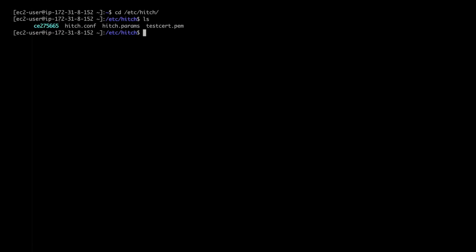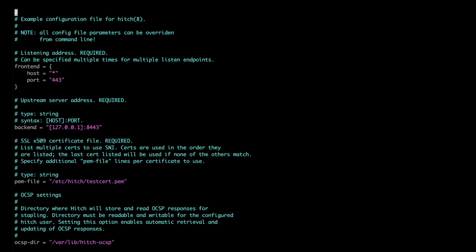It has a dummy certificate, so it won't validate in your browser, but it's fully active. So allow me to show you how to configure Hitch and where to put the certificates. The configuration directory for Hitch is /etc/hitch. You'll find a collection of files there which includes the certificate but also the hitch config file. Open that one up to have a look at the configurable parameters.